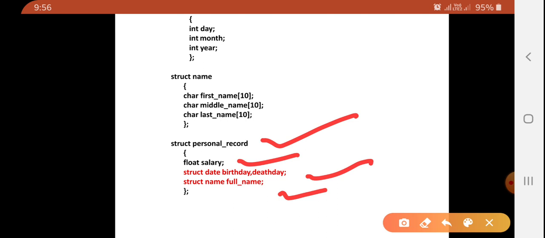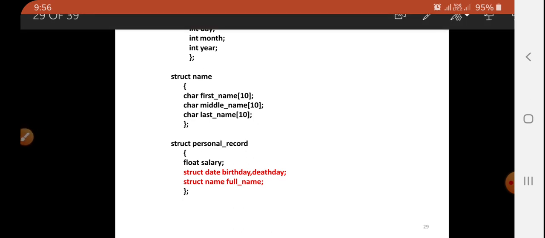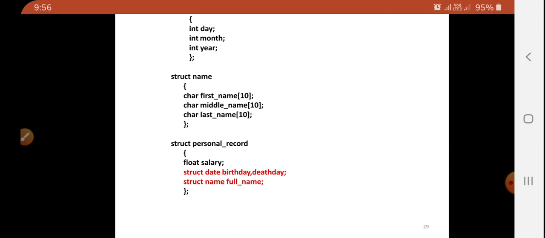And we have created two variables of struct date, that is birthday and date day. So I can access salary with the help of the personal_record variable, and I can access day, month, and year using outer structure variable name dot inner structure variable name dot your variable.